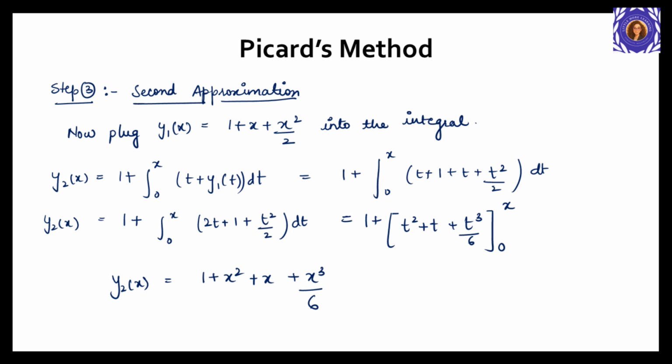But remember, this is computationally heavy and converges slowly. That's why it's rarely used in real computations. But it gives you the idea of how approximation works. And in this numerical example, this process can continue until the difference between y_{n+1}(x) and y_n(x) becomes negligible. That's convergence. As we know, this method is mostly theoretical and used for proving existence or uniqueness of solutions, not very practical for large-scale computations.